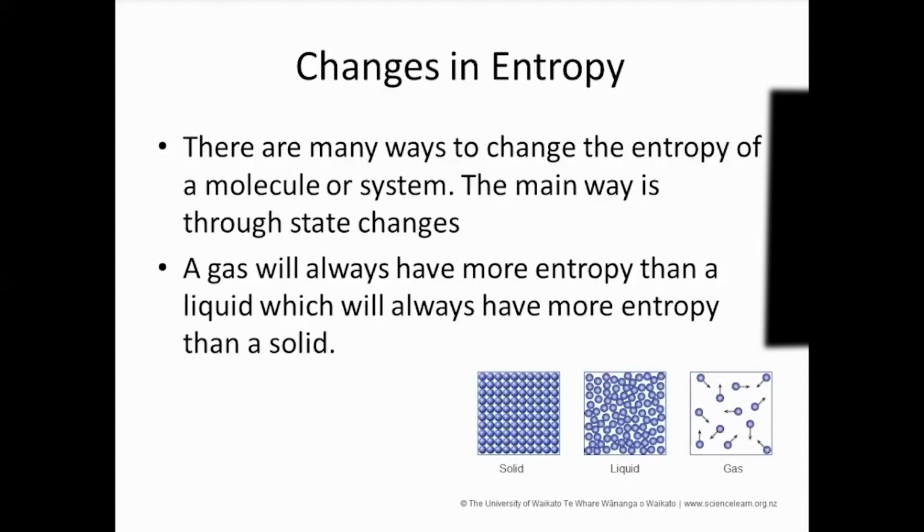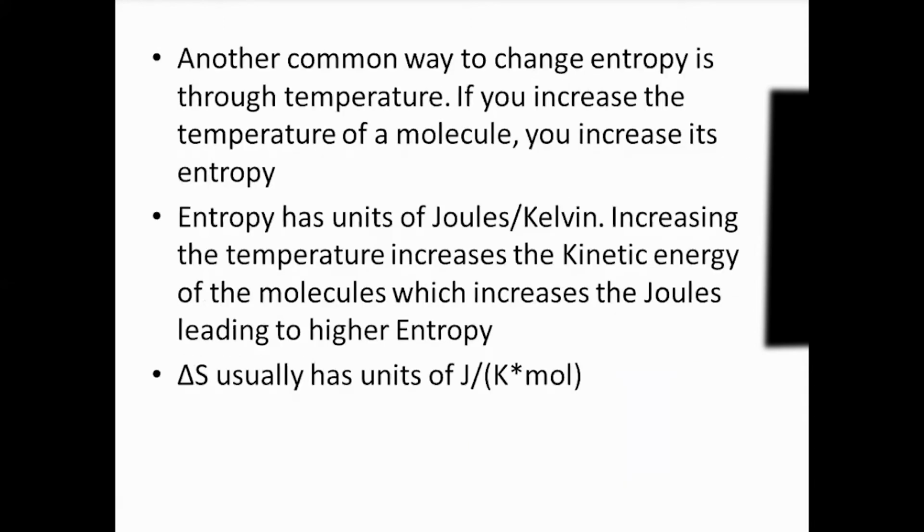When they move faster, that increases their kinetic energy. And entropy has a unit of joules per Kelvin. Kinetic energy represents the joules, right? As you increase kinetic energy, you increase the joules of the entropy. You also increase the Kelvin, which is the temperature, but by a much lower amount than the joules, right? A disproportionate amount. So by increasing the joules and increasing the numerator of this unit, you increase entropy as a whole, and that's how you can think of it.